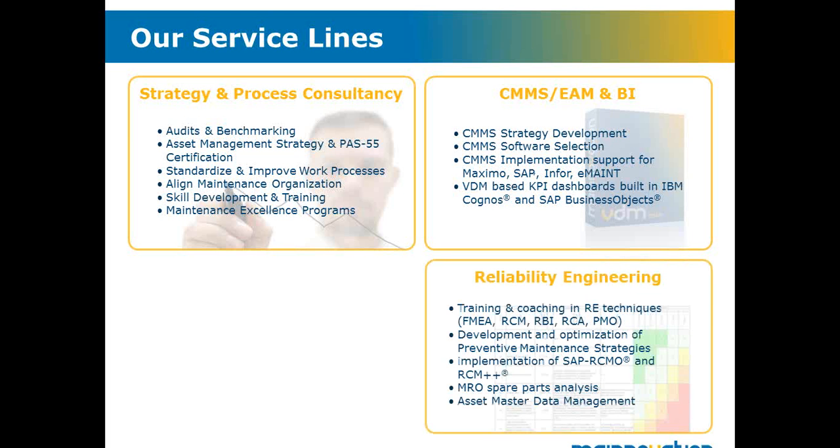Well, our first service line is about reliability engineering, to set up maintenance concepts, but also training and coaching in RCM techniques. We also implement software systems that help you to define your preventive maintenance programs and MRO spare part